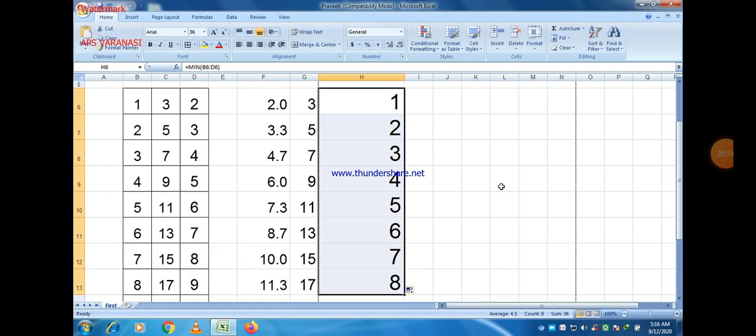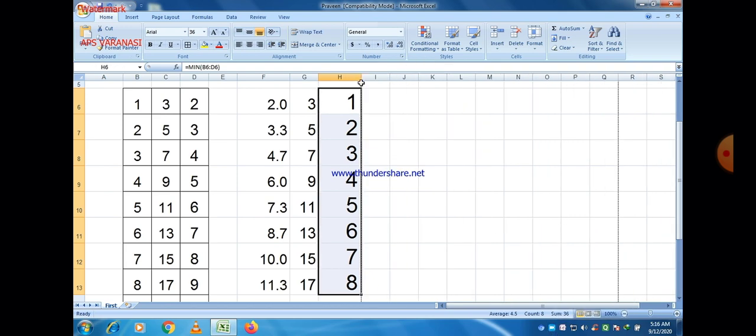So always remember that when we separate two cells, we put a comma sign, but when we select a range, we use a colon sign for that purpose. So the colon sign is used to select a range. Basically we give a cell address, and after that we put a colon sign and the last value. So from first to last, all cells are selected, and that formula is applied for all these values.